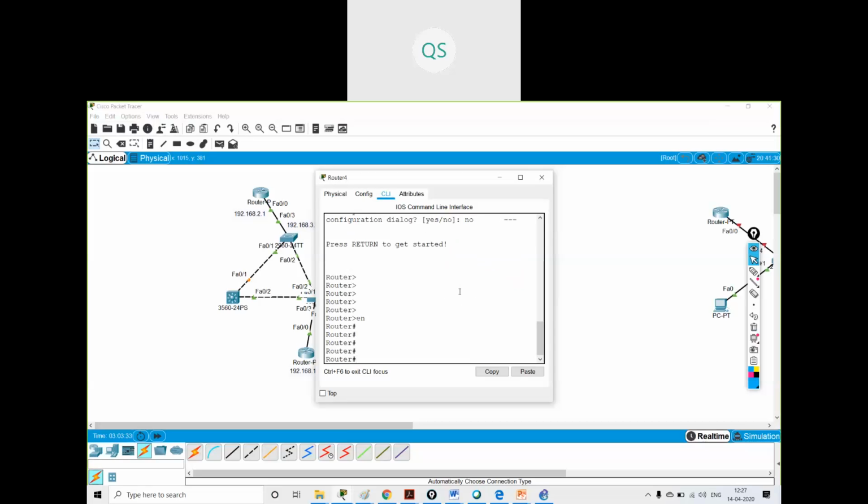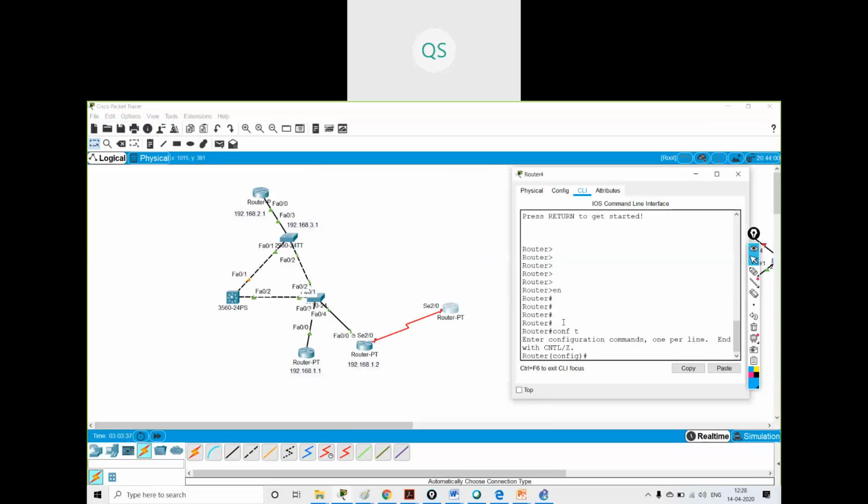So what I will do, I will give the IP address to this interface: config t, interface serial 2/0, ip address 10.0.0.1 255.0.0.0. Okay, no shut.